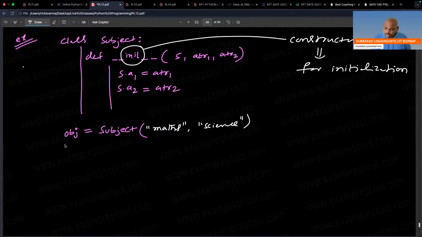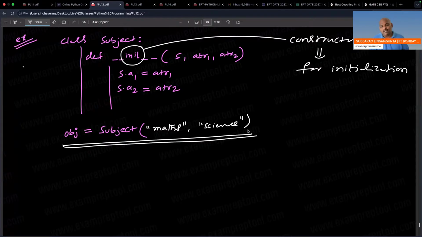So at this place, one object is created, name is obj, subject type class. And one more thing is whenever an object is created, automatically this constructor will also be called. This is for initialization purpose.